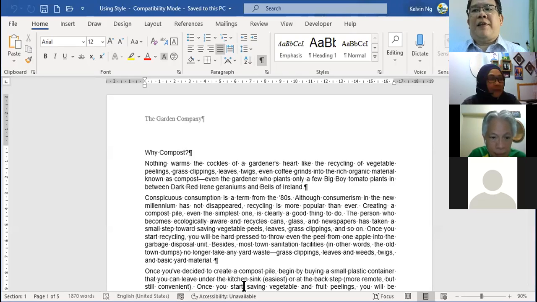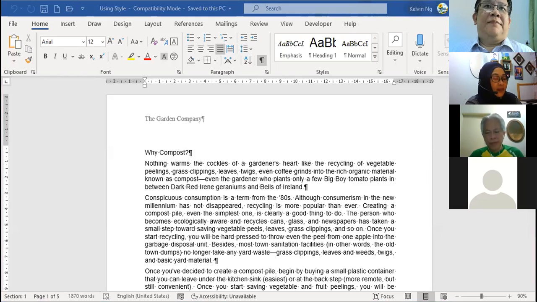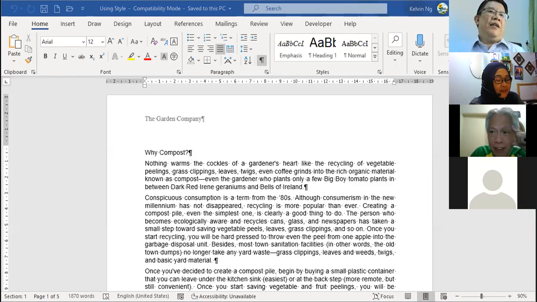Sorry, Kelvin. I clicked the styles, nothing comes out. You have to double click. Okay, oh, my computer is a bit slow. If you go to the folder called styles, there should be 3 documents. 3 files there, right? Using styles,